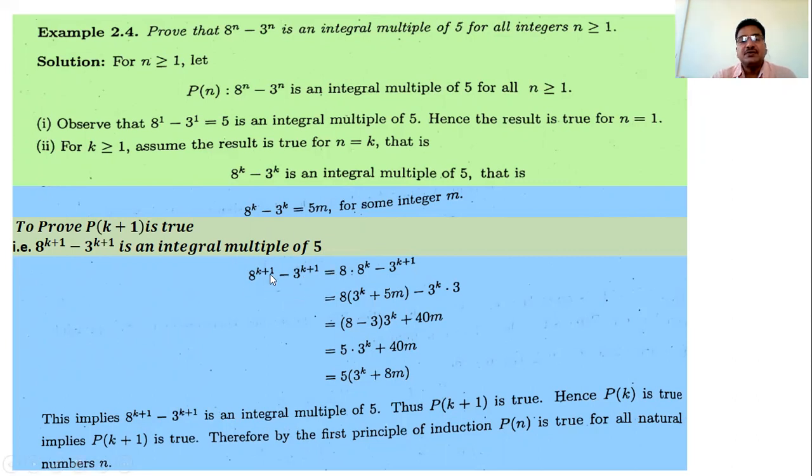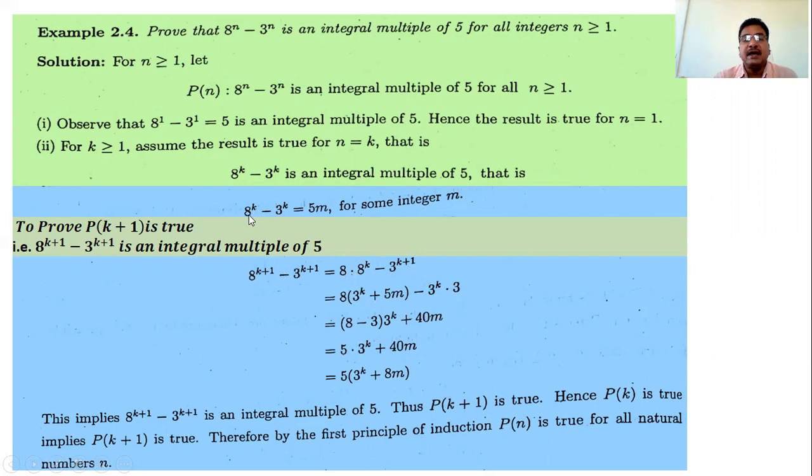Now write 8 raised to k plus 1 as 8 raised to 1 into 8 raised to k, because the base is the same, so we add the powers. 3 raised to k plus 1 as it is. Then in the next step, again write 3 raised to k plus 1 as 3 raised to k into 3, that is 3 raised to 1. And then what do we have? 8 into 8 raised to k, plus,